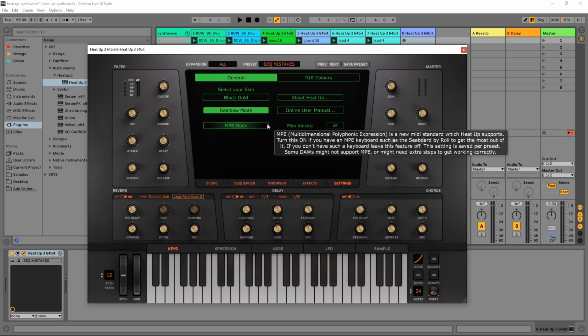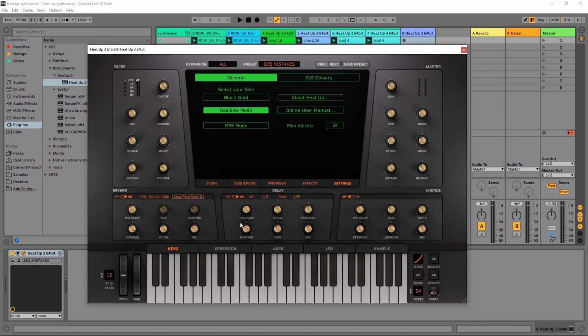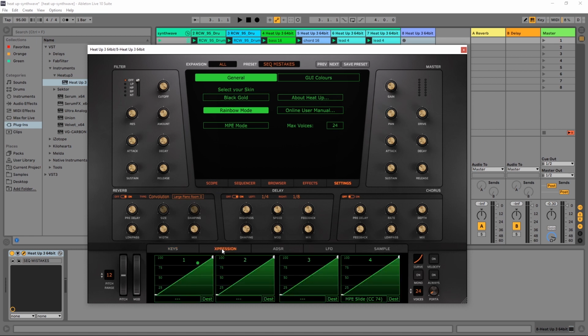It does have MPE mode, which is multi-dimensional polyphonic expression. This has to do with new MIDI standards and different controllers that can support it as well. But if you do have one of those controllers, MPE mode is available inside of HeatUp3. Now that's not all. There's also expression controls,